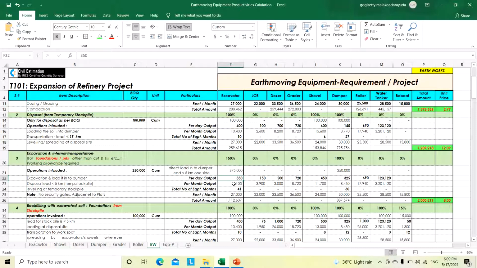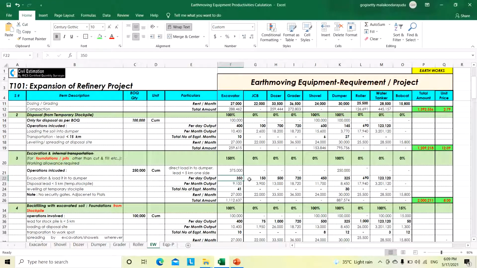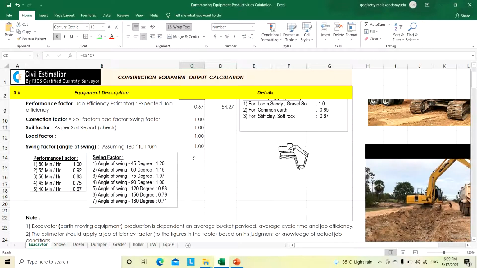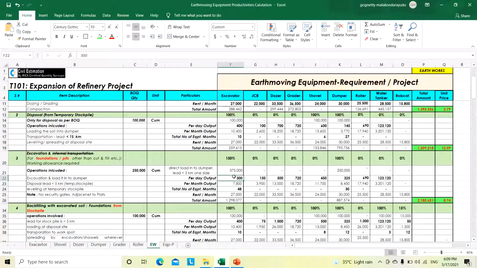See why here we have taken excavation productivity of 350. This is restricted. You could not get 100% productivity like in an open area. Like that, every time we need to change; maybe we will not get even 300. So after applying all these different factors, we need to come back here each and every time and change these factors. Based on that we arrive at the productivity per day, per month, and required equipment per month, and based on the rent per month we arrive at the total cost.